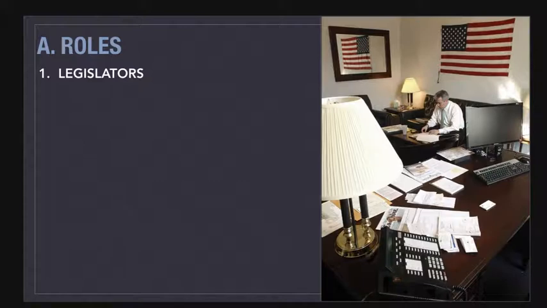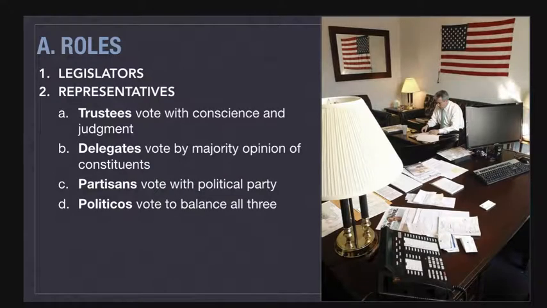Their first role is first and foremost to be legislators, to make the laws. They are supposed to represent their constituents in order to make laws that are going to benefit the entire country. The second role is that of a representative. Now, I'm not specifically speaking of the House of Representatives here. I am speaking more in general as members of Congress, so we're talking about Senate and representatives, that they are to represent those that have put them into office. And there's really 4 different ways that they can execute this representation.